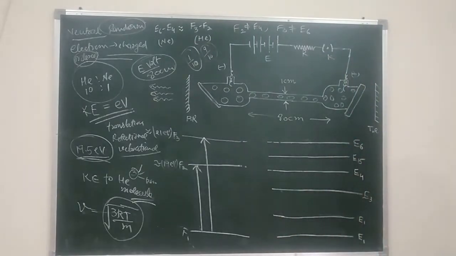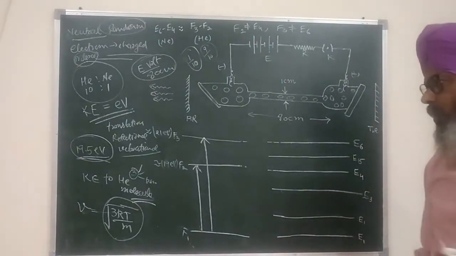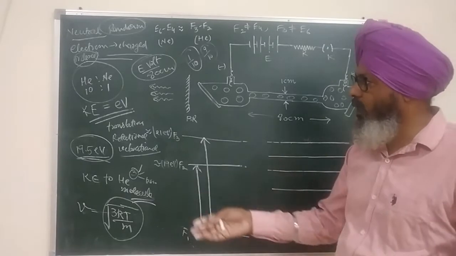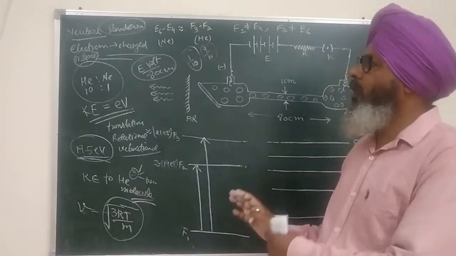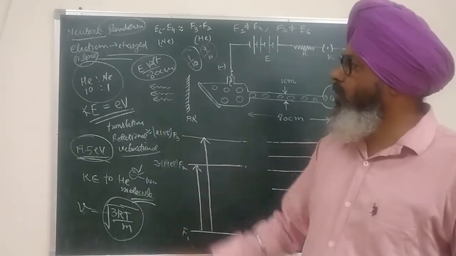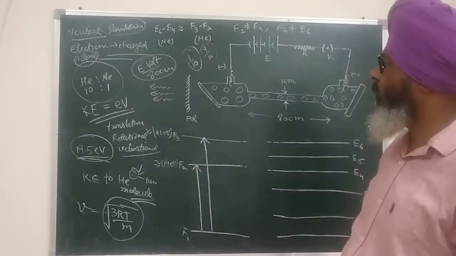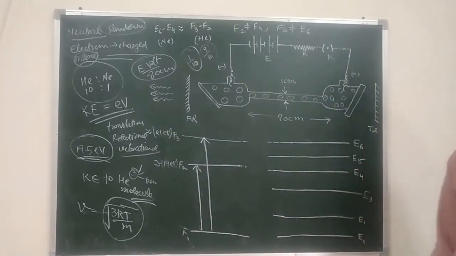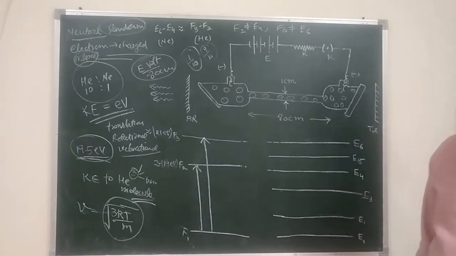So statistically we are controlling this phenomenon just by increasing the concentration of helium. We are making it from an unbiased to a biased process. By increasing the concentration of helium, we are actually playing a trick so that most of the electrons will collide with the helium instead of neon. Now a very big question will come here: why do we want the collision to take place with the helium and not with the neon?